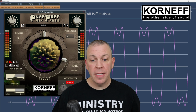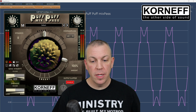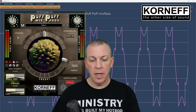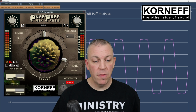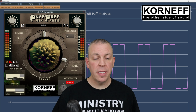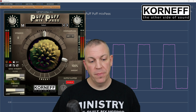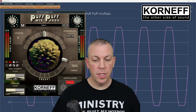Now if I go to sonic integrity and start sliding this towards the broken side, you can see instantly with this tiniest amount of adjustment, we are getting some really wild waveforms. And by sliding it up to the fuzz side, we're going to get more of a squared off wave. And now we can adjust the amount of this processing, sort of, by using the emphasis control. So if I take this back towards the broken side here,